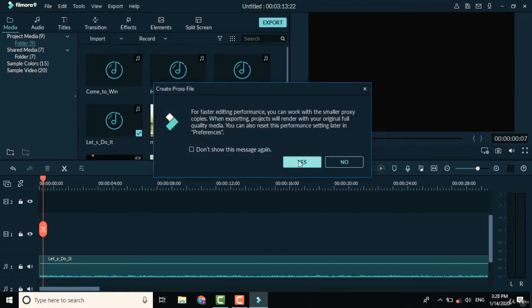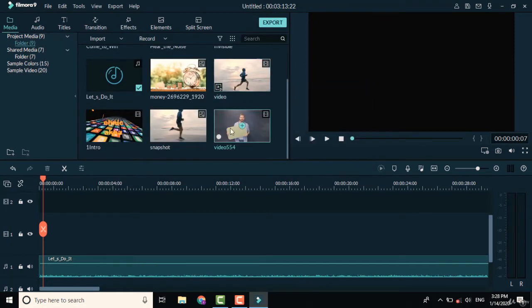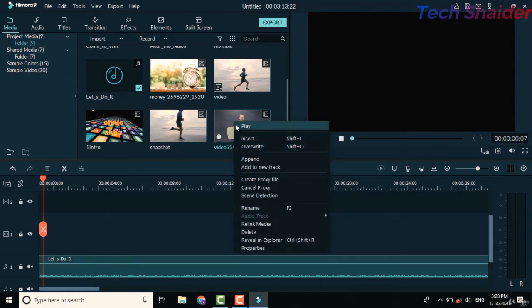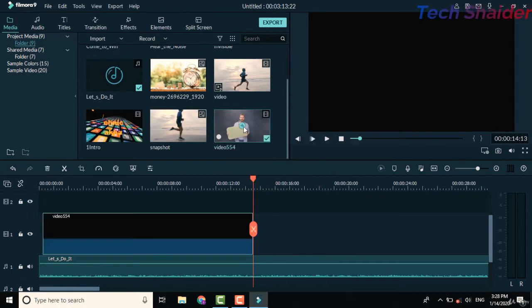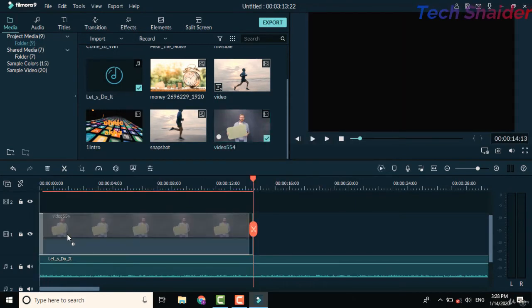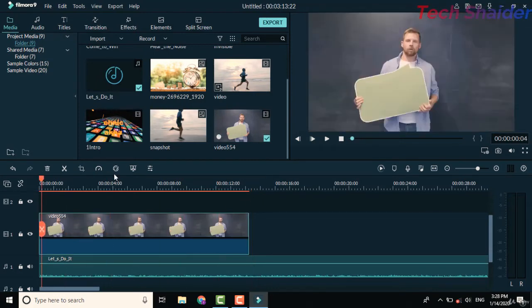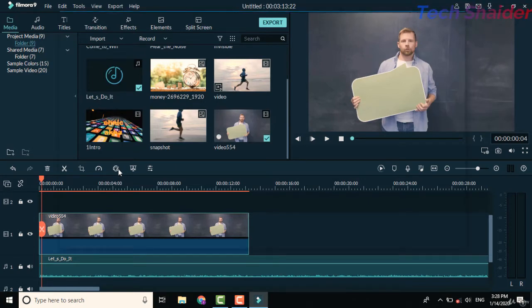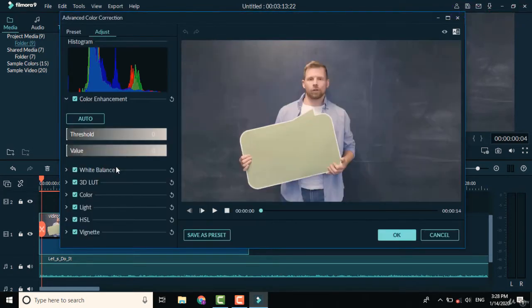So yes, and simply add into the track. So let's see the color tuning on this video. Click on this color tune, and you can make color correction from here. You can click auto enhance, and you can